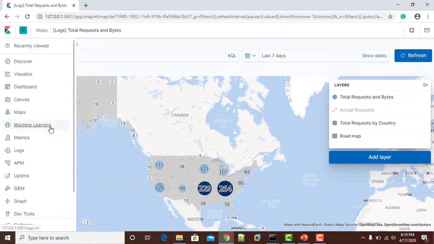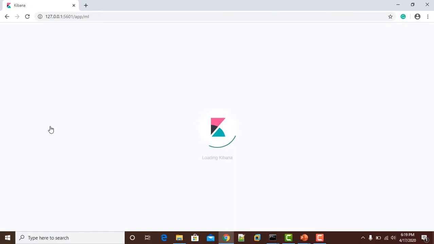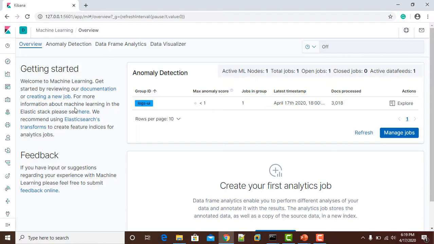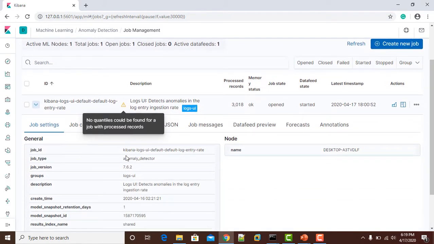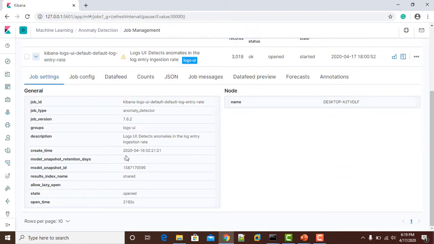The next option is machine learning. Kibana enables you to do machine learning analysis where you have to run a job for it. I have already created one job, where you can find details about it.